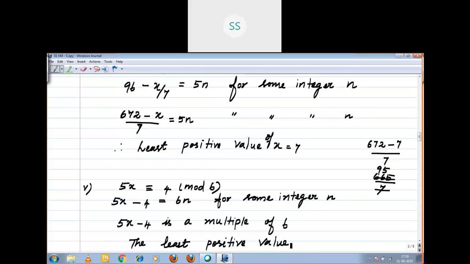When you substitute x equal to 2, you will get 10. 10 minus 4 is 6. Then it is a multiple of 6. Right? Least positive value of x equals 2. Got it, children? You have to substitute the value. If you arrive at a multiple of the number, you can say that value is the least positive value. Now I am going to move to the second Roman letter. Right, now you understood how we are getting the congruence modulo. Sorry children.